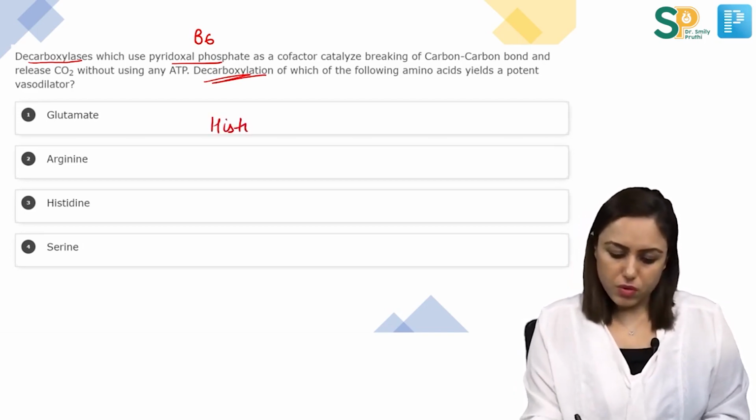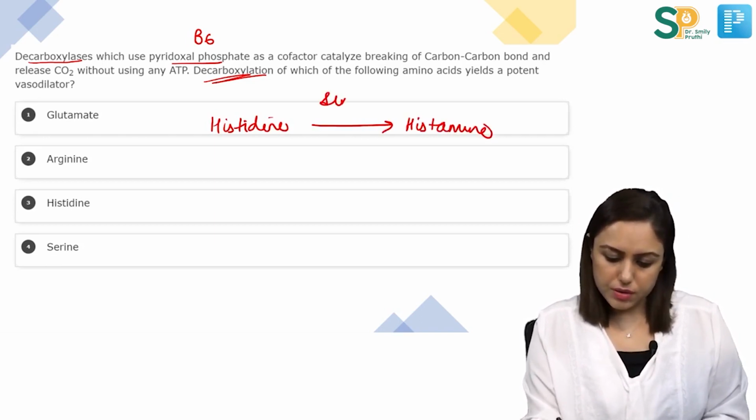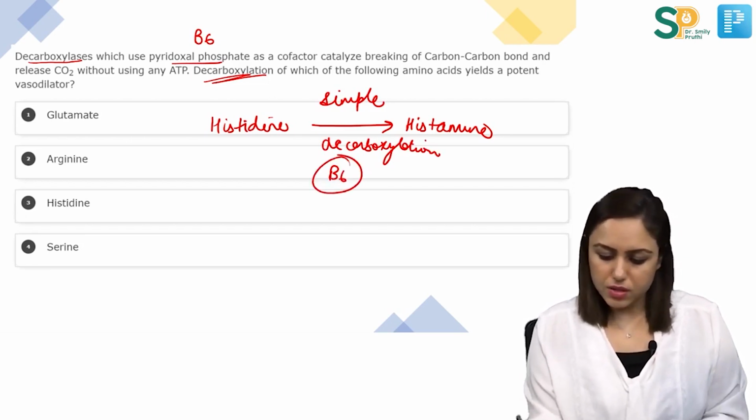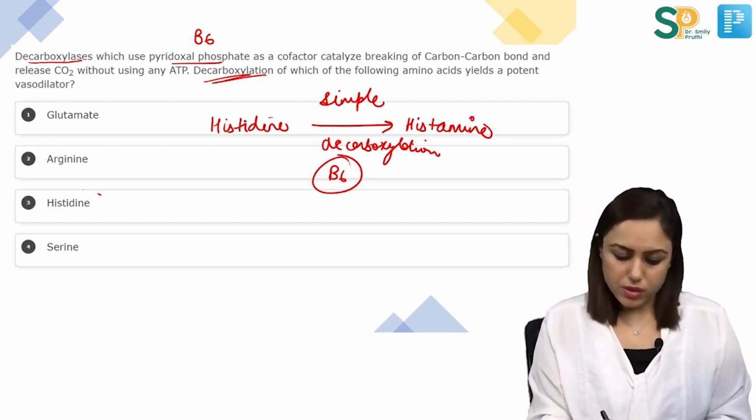So, we know that histidine forms histamine by simple decarboxylation. It requires vitamin B6 and histamine is a vasodilator, right. So, answer is